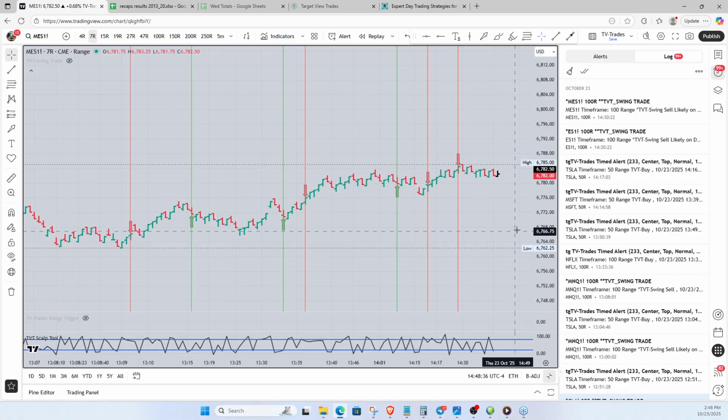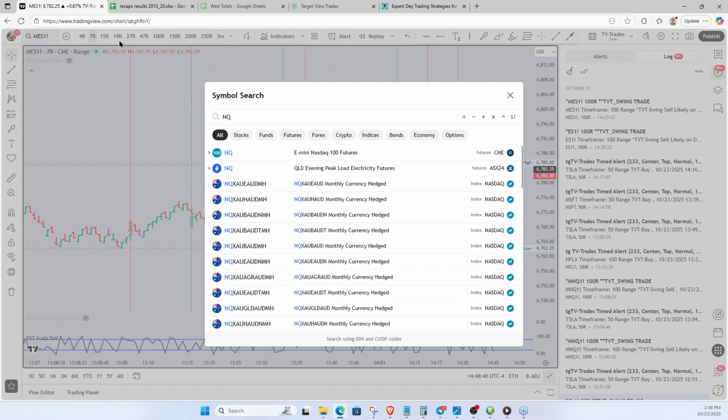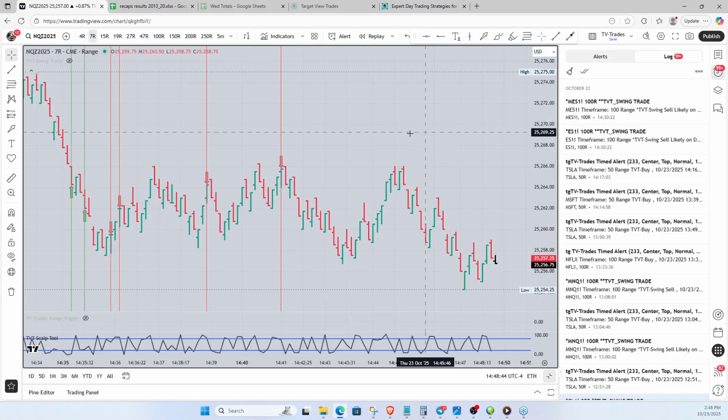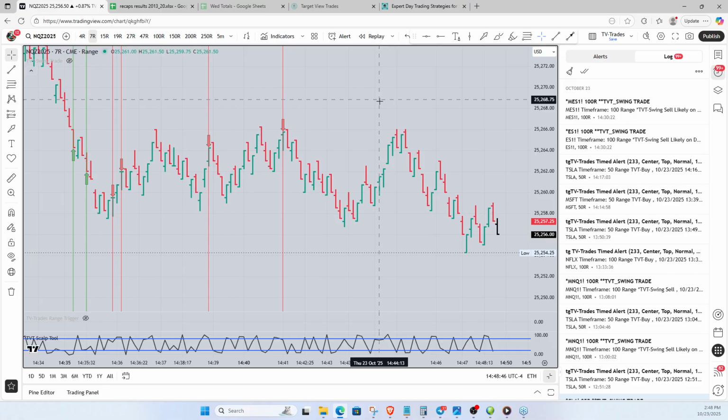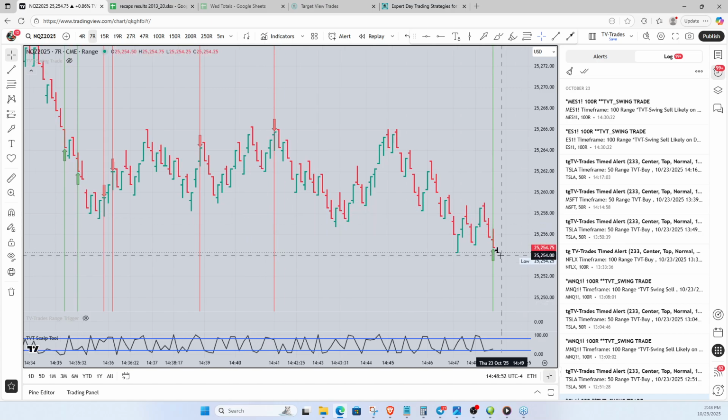Any questions about any of that stuff? If you were to put the NQ on this right now, this is the NQ on a 7 range. It's probably going to start triggering stuff pretty quickly in here. It hasn't triggered anything, well, actually for a little while now. There it is. There's one right there.